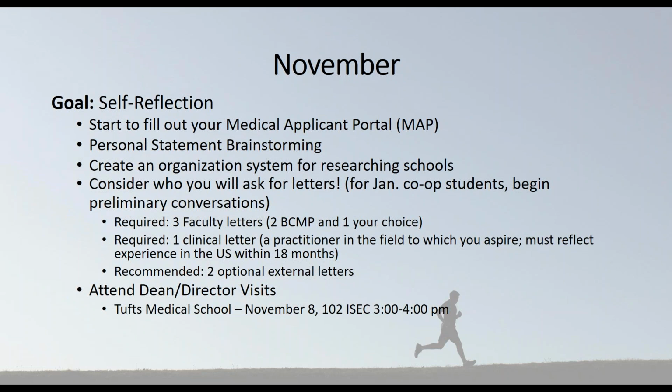Again, consider who you will ask for letters. And this is especially important for our January co-op students because they won't be on campus next semester. So for our January co-op students, you can begin to have preliminary conversations, especially with faculty on campus, before the